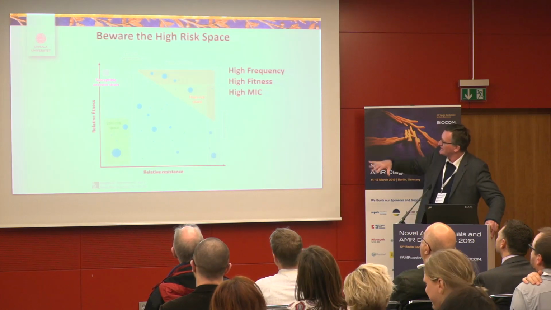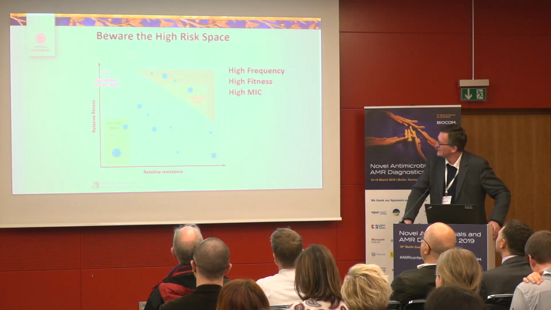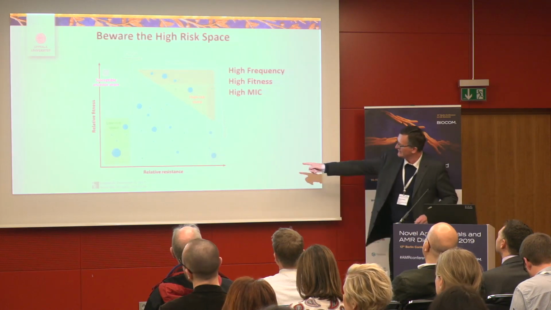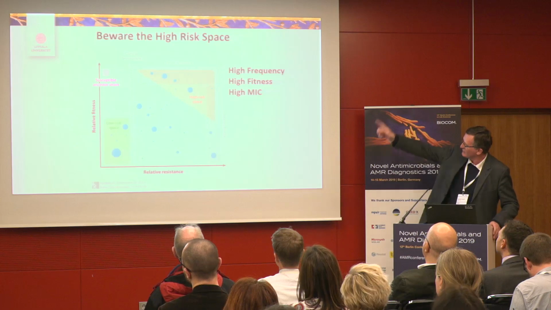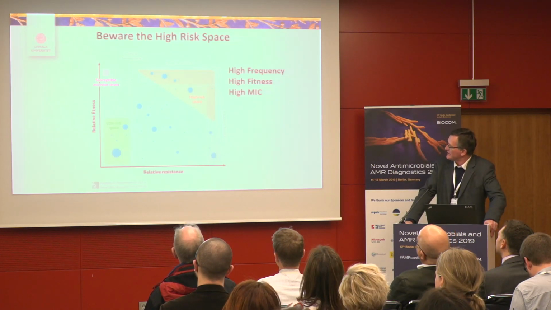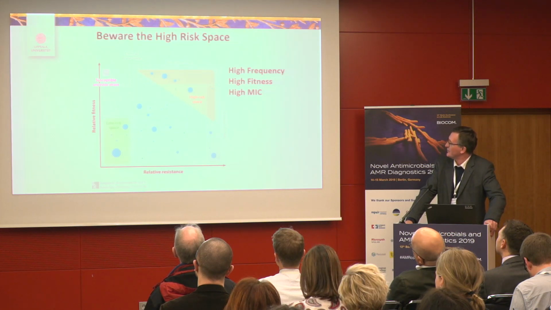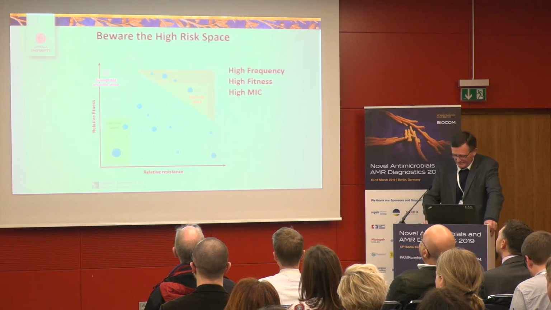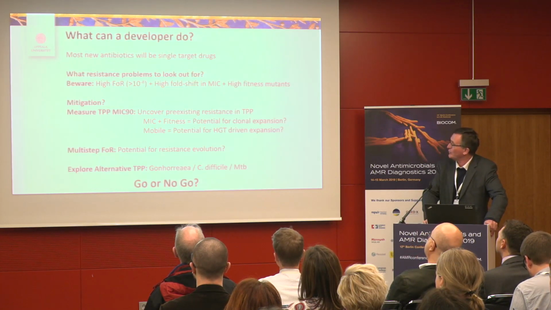You can plot resistance on a plot like this, where you look at changes in MIC along the bottom, relative fitness along the y-axis. And the space marked in orange there, the high-risk space, is an area where you have high fitness and high MIC, and if you have a large circle, you also have a high frequency. And this is, if you like, one of the take-home messages. You want to avoid